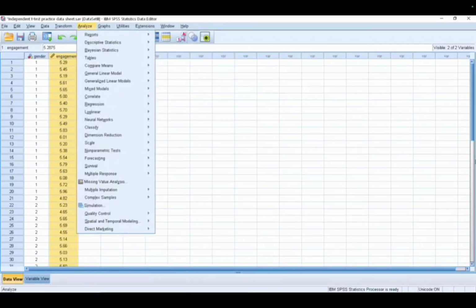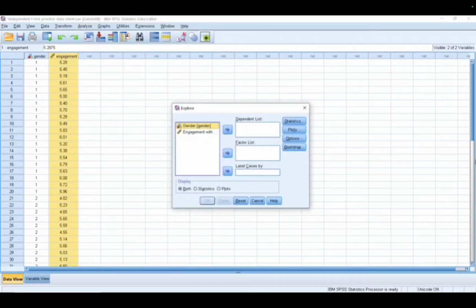So we can just go to the analyze, and then we're going to explore, and then we can see here the gender and the engagements, and then transfer it to the dependent list, and in the factor list is the gender.